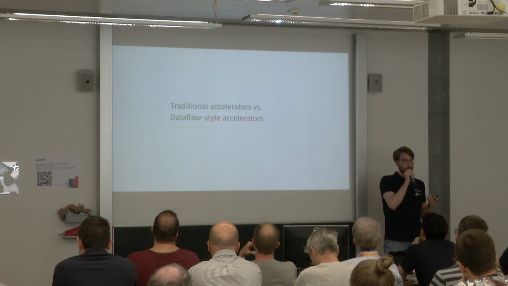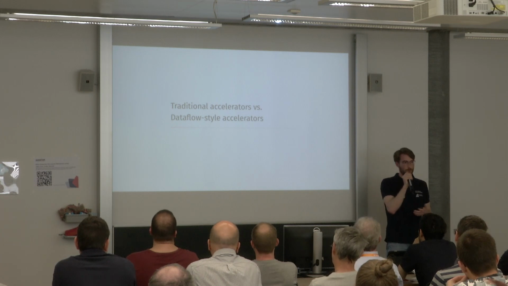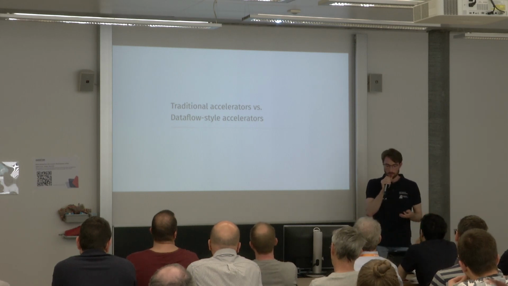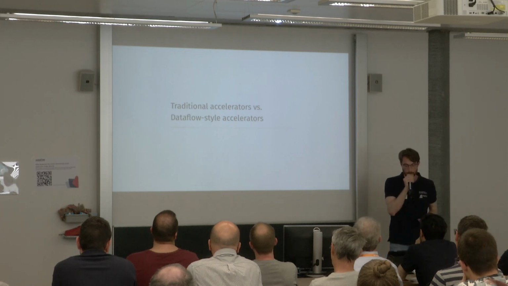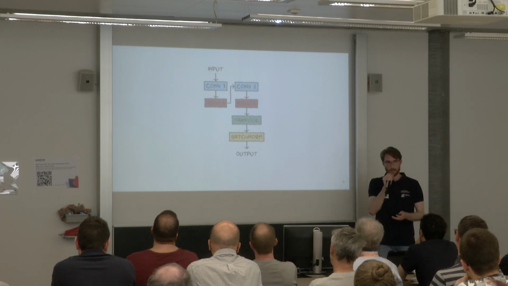It is similar in the world of accelerators. We have two types of accelerator for AI. One type is the traditional one, which you see a lot as a coprocessor, and the other style is the data flow style accelerator. And to show you the difference between them, we will assume that we have a network,